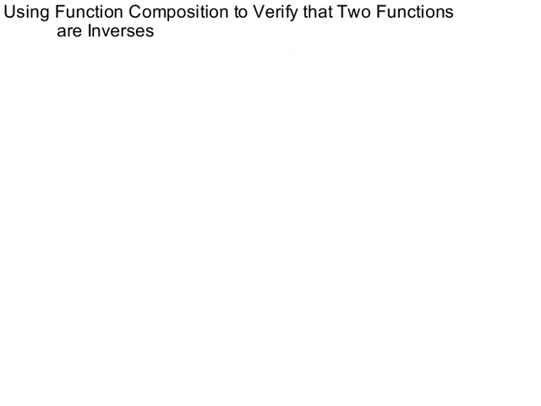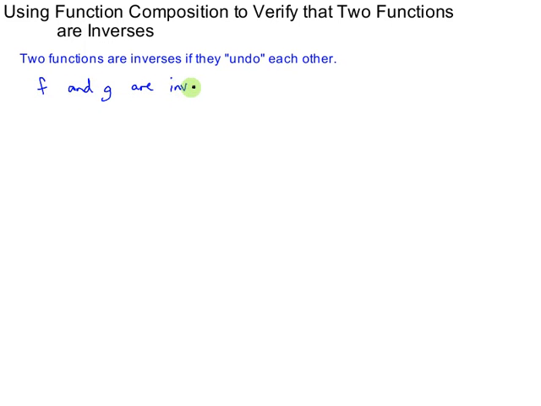Okay, so loosely speaking, two functions are inverses if they undo each other. More precisely, this means that if you take the composition of the two functions, they undo each other. In other words, functions f and g are inverses if